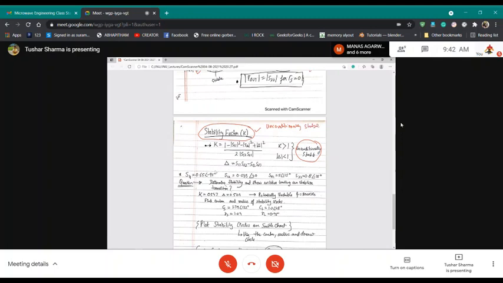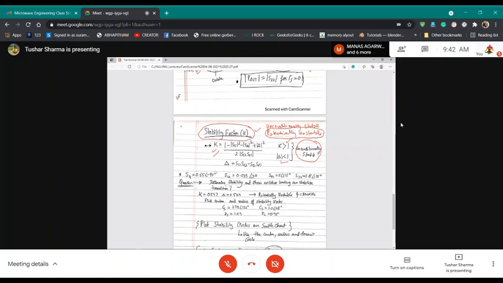For that to be stable, K has to be greater than 1 and delta has to be less than 1. If K is not greater than 1, then your transistor is potentially unstable, which means you have to draw circles and figure out the area of intersection, and figure out if your impedances are lying in the region you want to design for. Your transistor might be unstable in that case. So you always calculate the K factor and see if it is unconditionally stable or not.